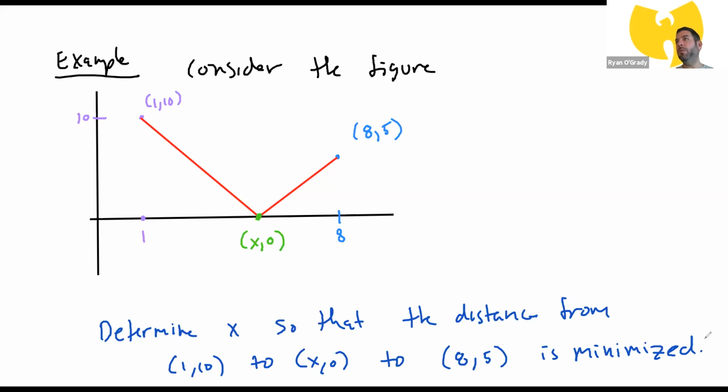Has anybody ever seen this before by any chance? What it's called is Fermat's principle. And the more general case is, you've actually probably seen this in action if you've ever been outside of a swimming pool and someone's in the pool with half of them above the water and the other half not. When you look at them, it looks like their lower half is not attached. You ever notice stuff like that in water? It's because of the way that light refracts when it hits different mediums. So anyhow, this is a very elementary scenario that, if you haven't learned about it, you'll learn about in